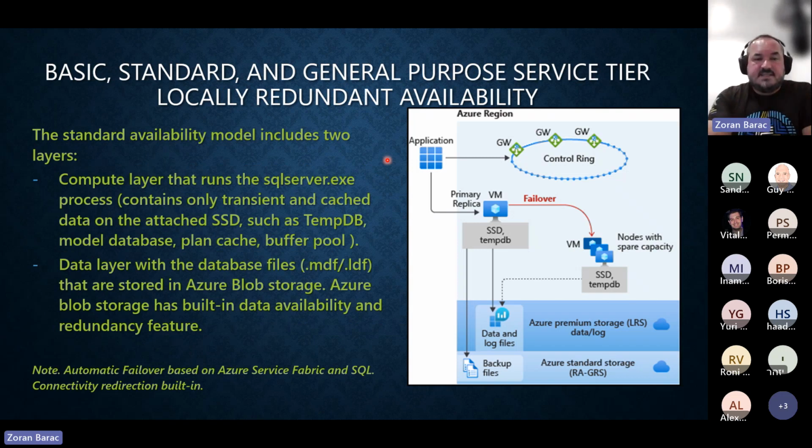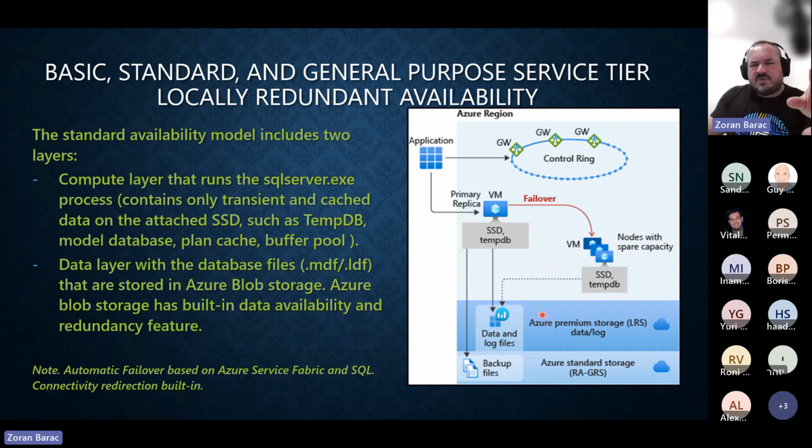This is how the basic, standard and general purpose services look, because they're using the standard availability model. So the standard availability model offers you what you can see. You have Azure Premium Storage, which is locally redundant storage, for the data and the log files. So if this is gone, obviously it's attached to one DC, and it's probably one rack.